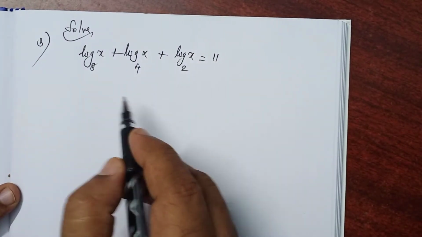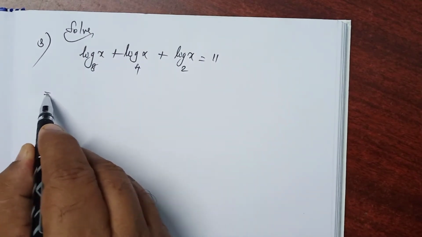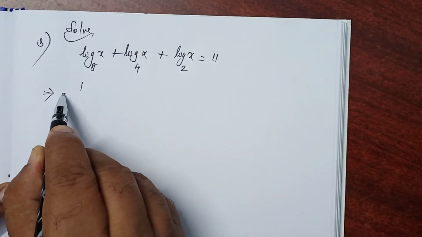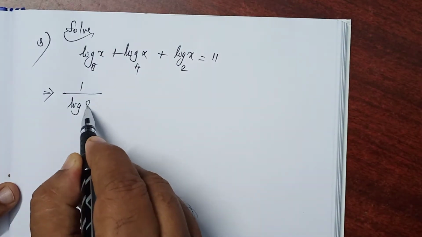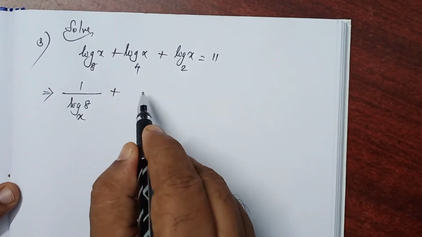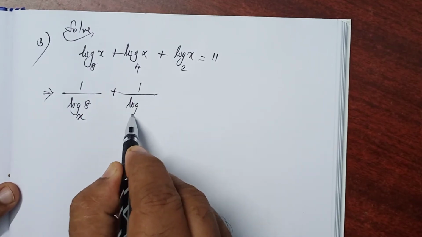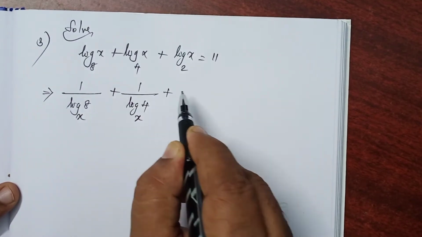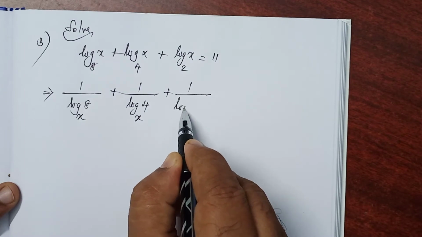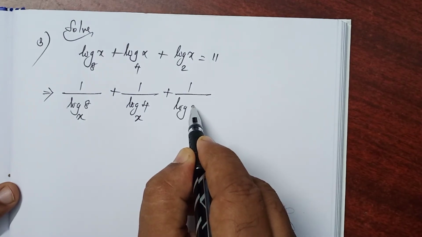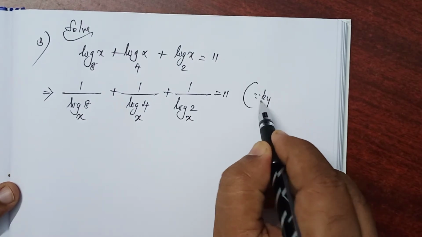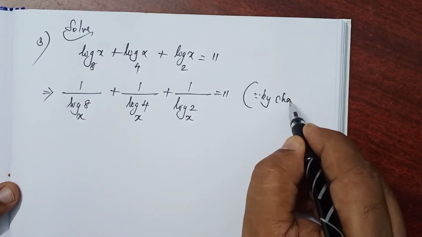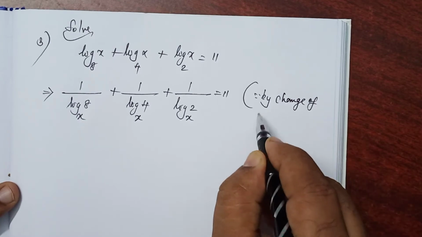Here is the question. Log x to the base 8, according to the change of base rule, 1 divided by log 8 to the base x. Like that, 1 divided by log 4 to the base x plus 1 divided by log 2 to the base x, that is equal to 11, since by change of base rule,